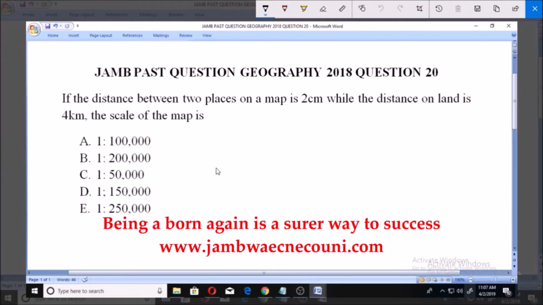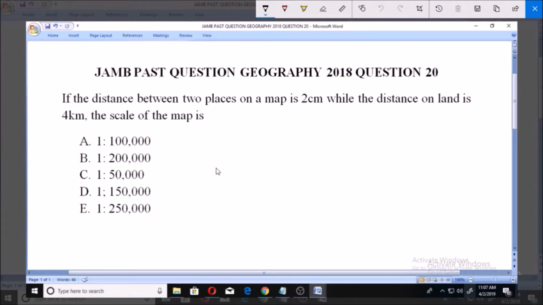Now for us to put this in context, we all know that in geography, when you are doing map reading, you have the actual distance on land as against the distance on paper, and that's when you talk about the scale of the map. So having this in mind, we can solve this by saying distance on map